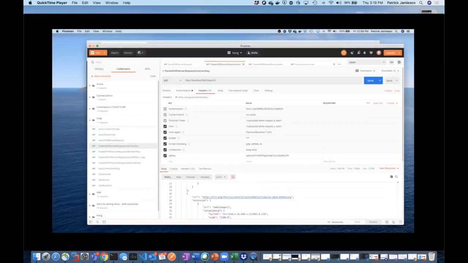I'm going to now replace the administrator key with the user key. And let's make that request again. And you now see we're getting a different kind of error message, that even though they're authenticated, they cannot consume